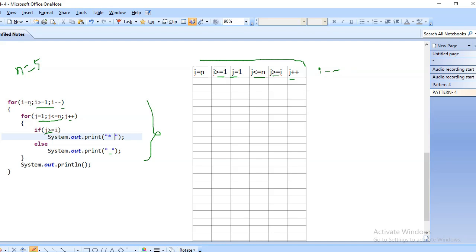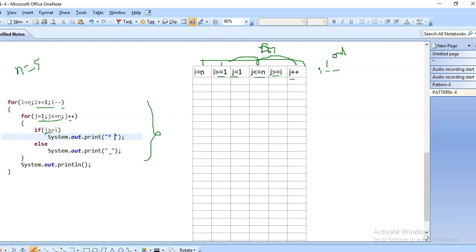This will be the inner part. The inner for loop is nested, and this one is the outer for loop.